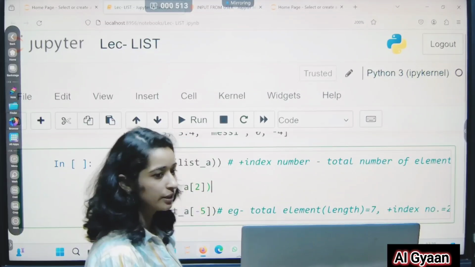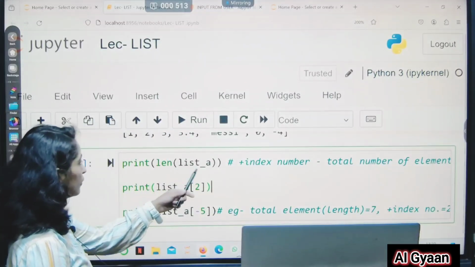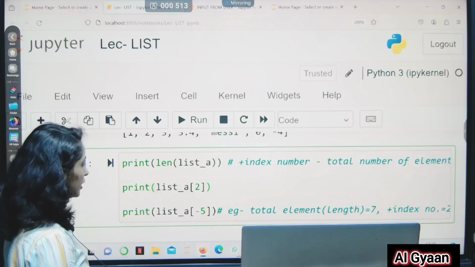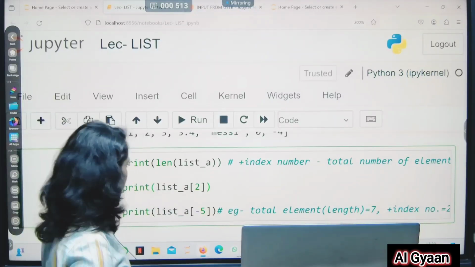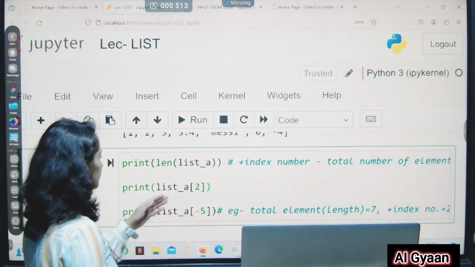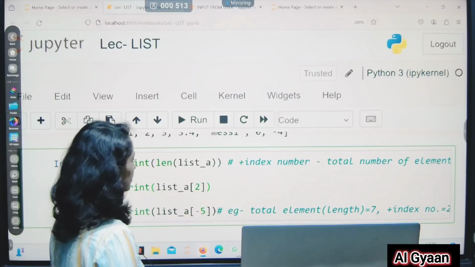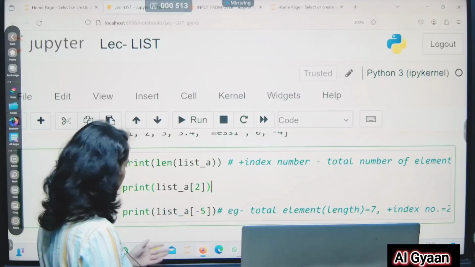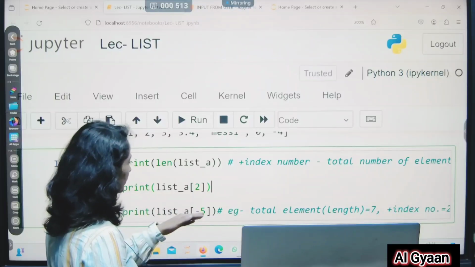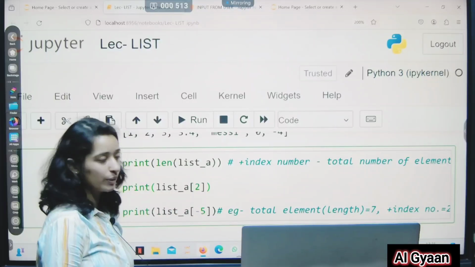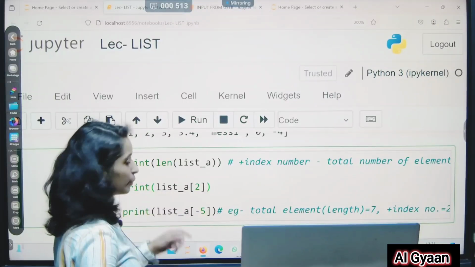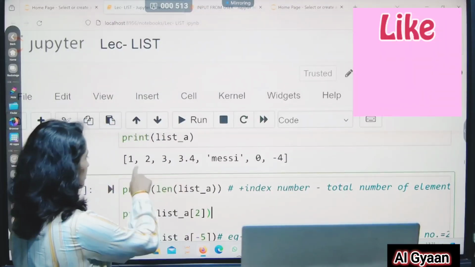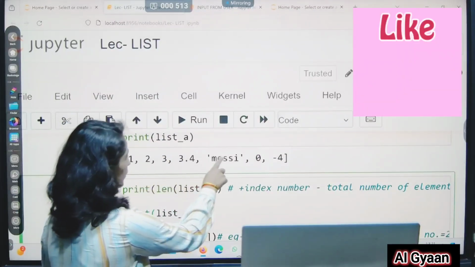Then I have written print length of list A, then print list A index number 2, that is, which element is at index number 2, and in the third one, which element is at index number -5. When we find the length of the list, see 1, 2, 3, 4, 5, 6, 7.